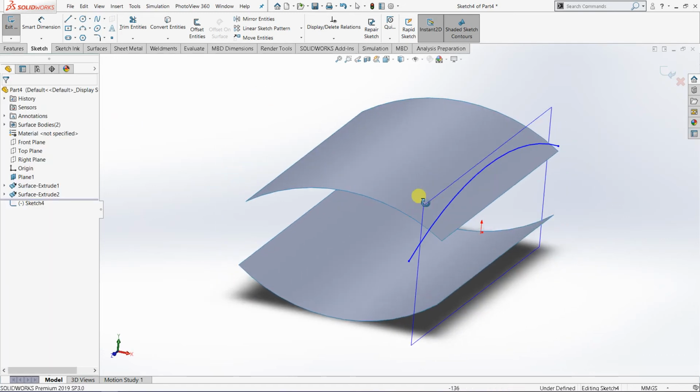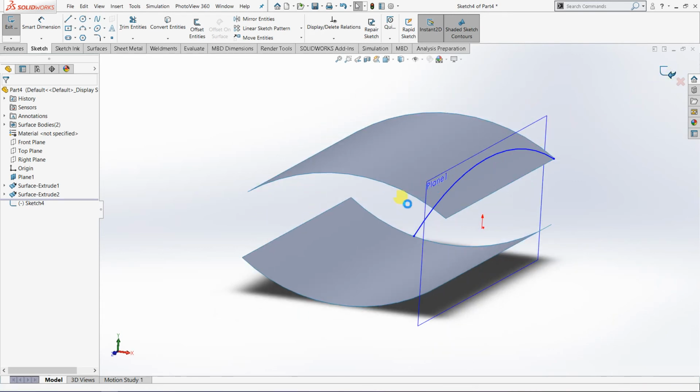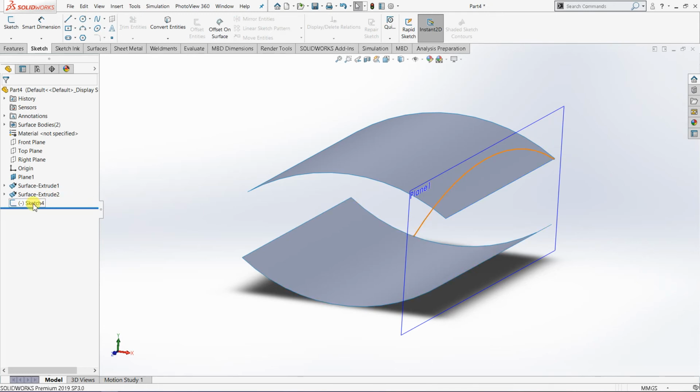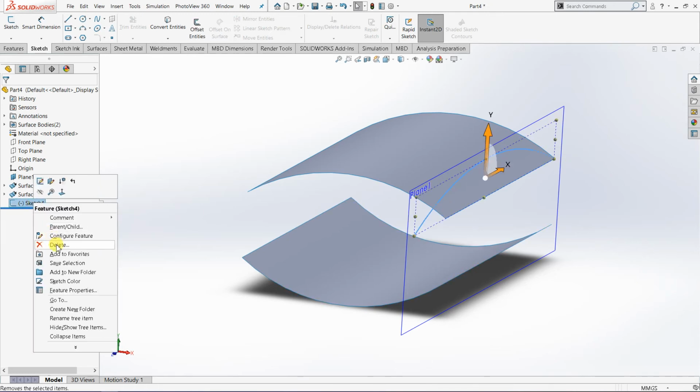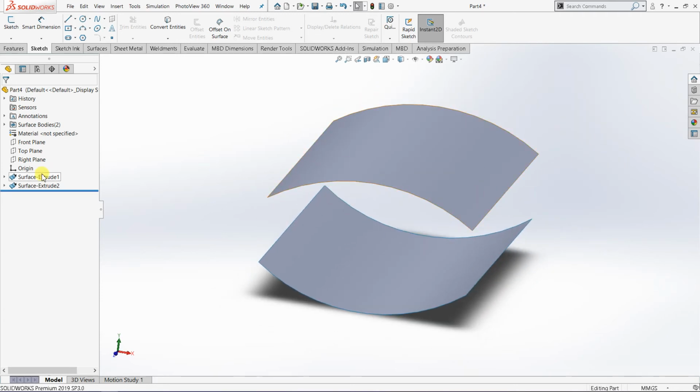And then I'm going to proceed with my, oh sorry, not plane 1, it should be the top portion. So I'm going to eliminate this one. So this sketch 4 I'm going to delete. Even the plane 1 I'm going to delete this. I'm going to pick the top plane. Okay, don't use the plane 1 just now. So I'm going to use top plane as my sketch plane,